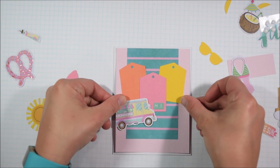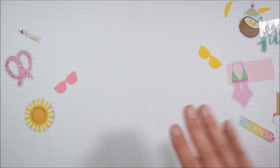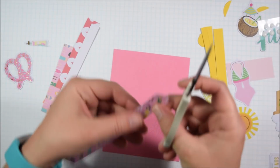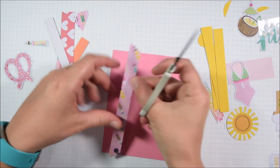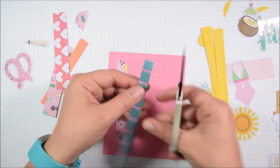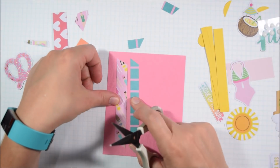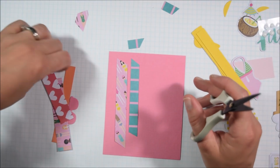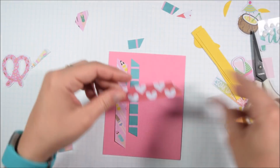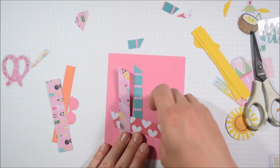I will say there was 10 cards and 10 envelopes. But this kit would definitely make way more than that. You might eventually run out of pattern paper or cardstock. You'll, of course, run out of card bases. But you could choose to supplement it with some cardstock you have on hand. Or you could choose to not use the cardstock for different elements of, like here I'm using the pink cardstock